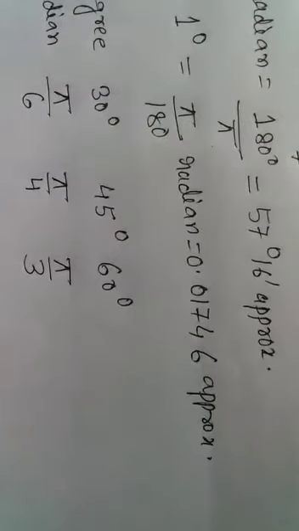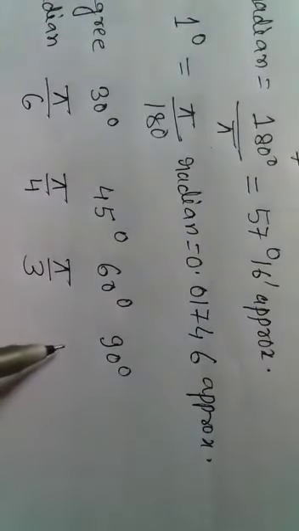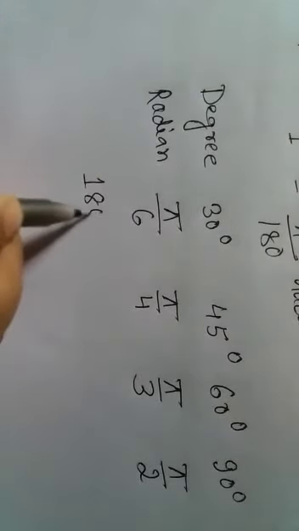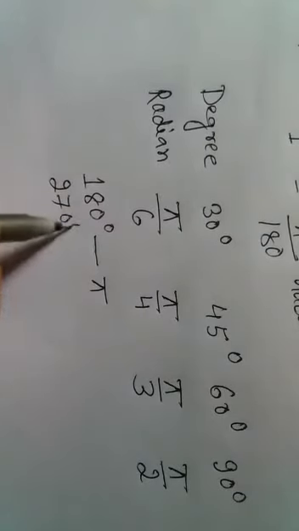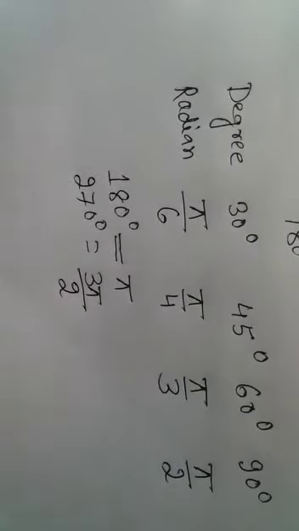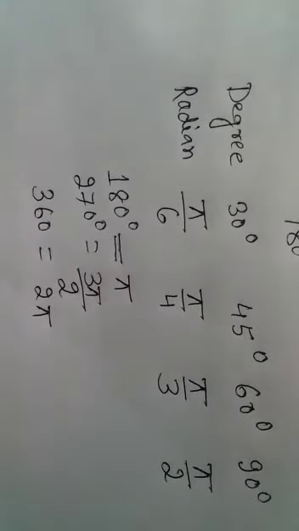Similarly, we can write 90 degree, all of us say very quickly, pi by 2. Similarly, 180 degree, we know how much? Pi. 270 degree is 3 pi by 2. Okay, 360 degree, we know how much? 2 pi. So we can write the degree measure in terms of radian measure in that way also.